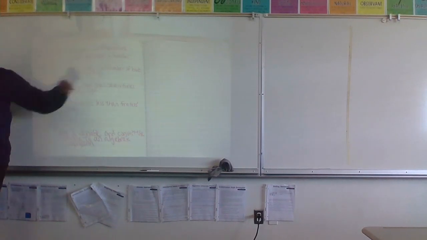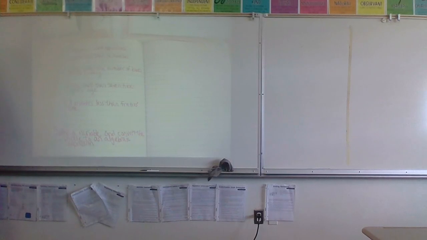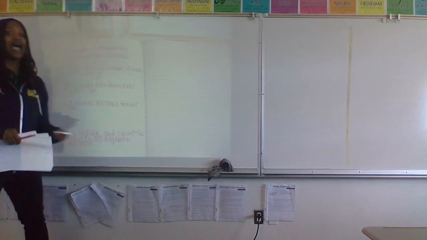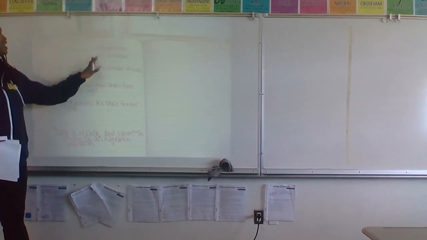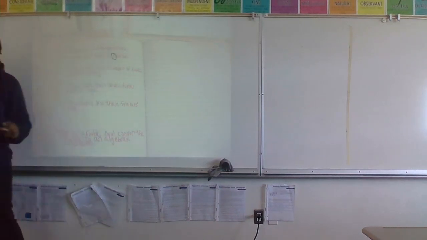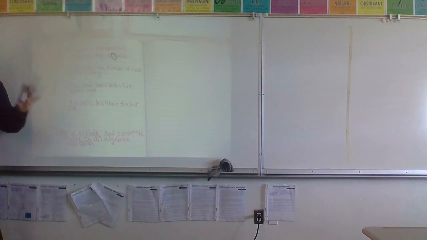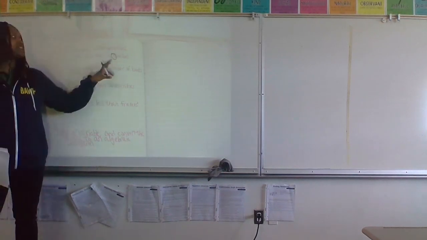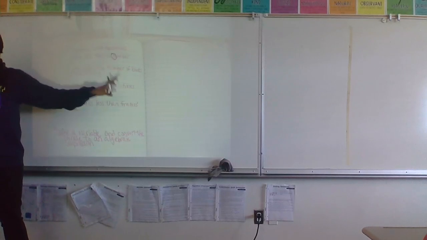When you read a sentence like this, here's where variables come in and can be helpful. You don't want to limit yourself to X or Y. That is what we're used to. I am going to suggest to you, whenever you see a sentence like this, you assign a variable based on what you are doing. The reason why I say that is because you may need to assign multiple variables. And so you could get X and Y, but you don't know really what they represent. So if I decided to do, it says 9 less than a number, why don't I use N, right? You could use X in this case because it's simple. You could, but I want to try to get you guys to think about using a letter relevant to the word you are